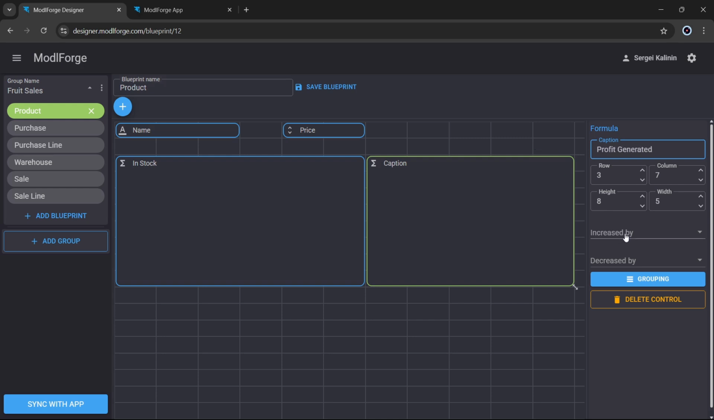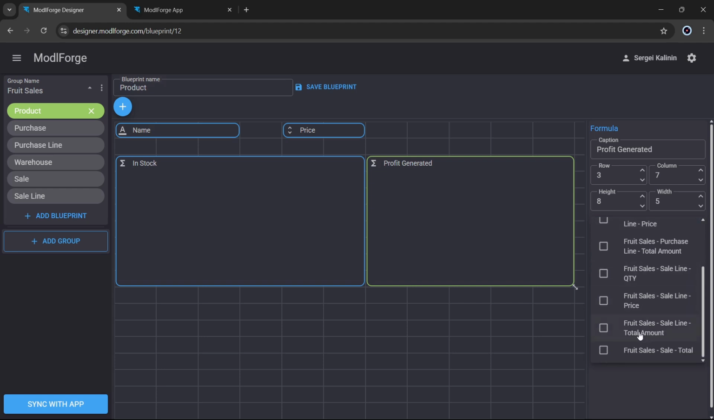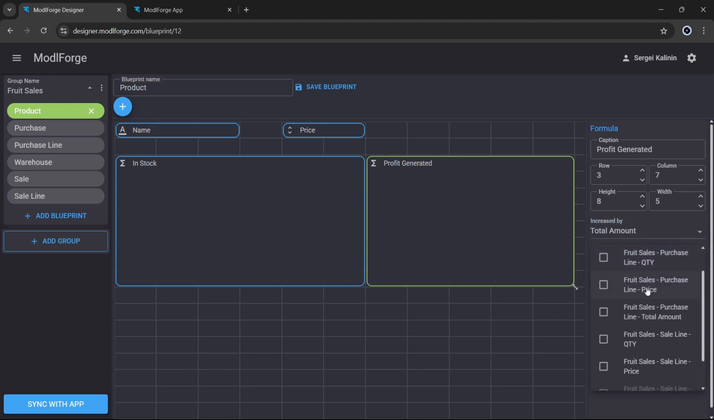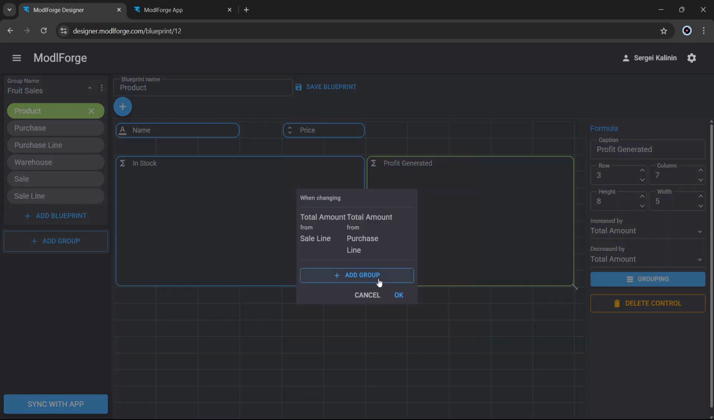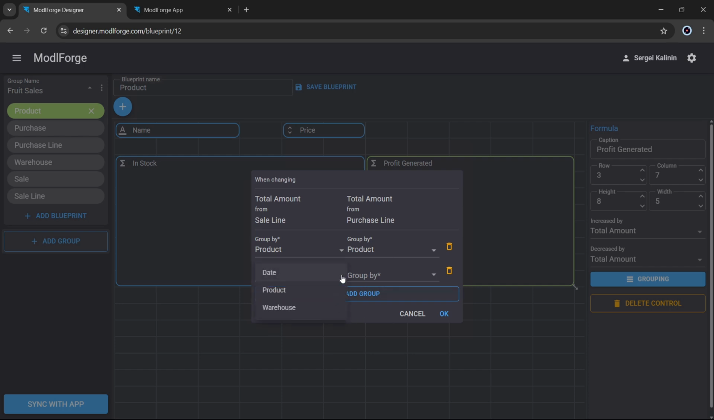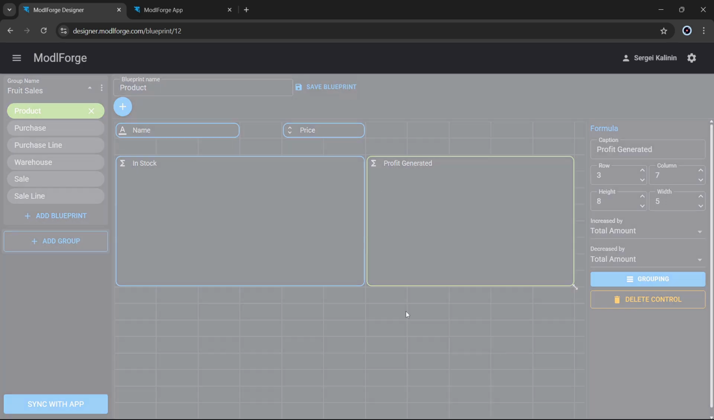For the increased by values, I will select total amount from the sale line and for decreased by, I will select total amount from the purchase line. These values will make up the profit, as we are not considering any other expenses in this example. When setting up the grouping, I will select corresponding products and dates from the blueprints which affect the calculation. And that's it. After saving the blueprint and uploading it to the app,